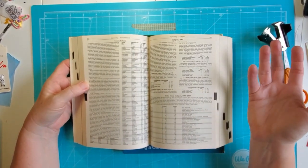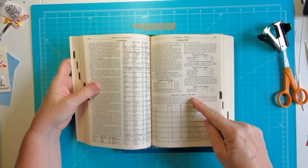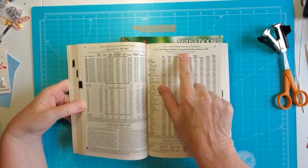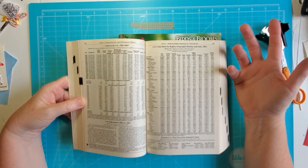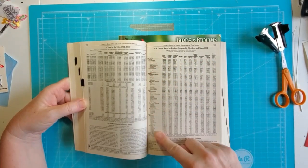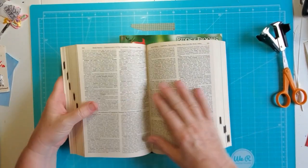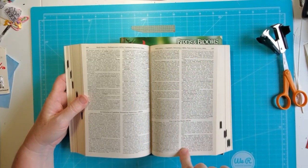So, for example, total solar eclipses from 1990 to 2025. Okay, maybe you're not that interested in that particular thing, but then you flip the page and there's U.S. crime rates by region, geographic division, and state 2002. And it breaks it down to the types of crimes and the states and the areas of the country. And flip the page again. Oh, we don't want to hear about abortions. That's back here. There's world history, and it talks about